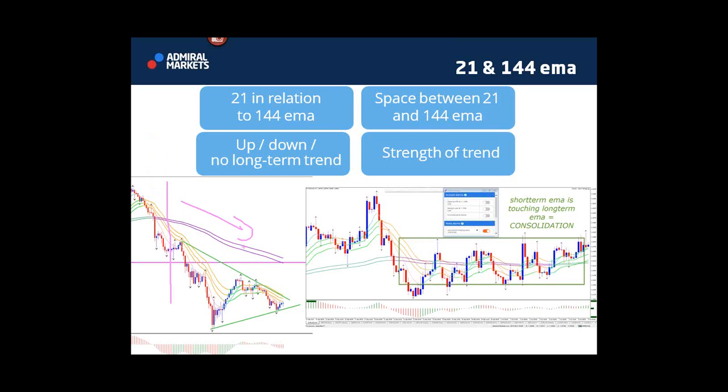Now the space between those, as you can see, the more space between the 144 and 21, right, the more trend we have, the stronger the trend is. And when the space is small, or is decreasing, or there is no space at all, like here, then price is in a range. It's in consolidation. And basically, you can see that as soon as price tries to pull away, it gets slammed back, slammed back, right? That's typical for a range, and it's oscillating. Price is basically oscillating around those moving averages.